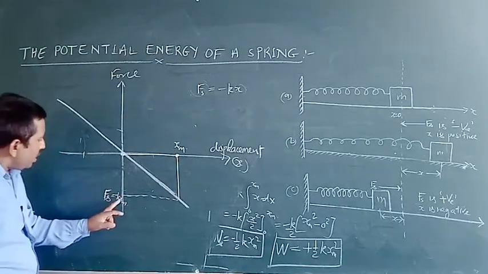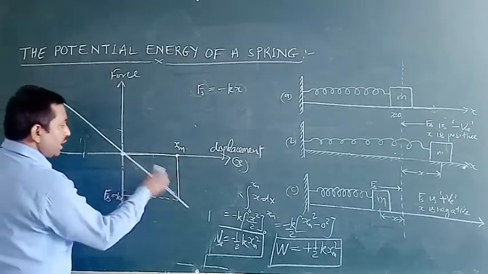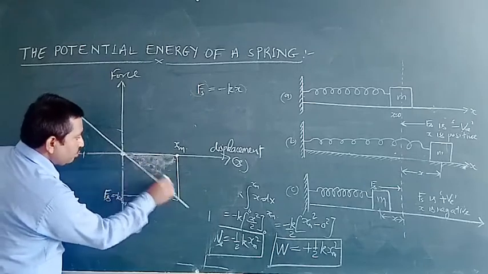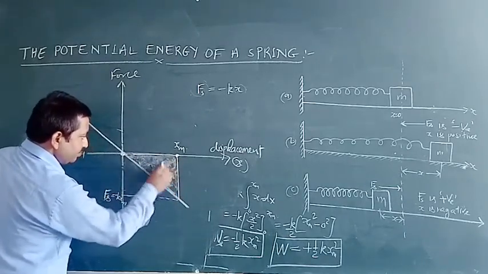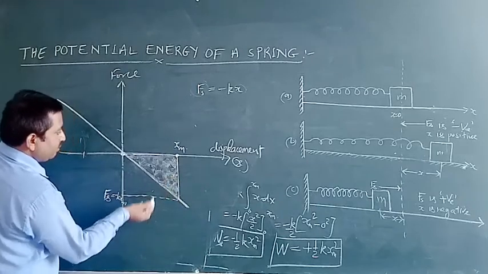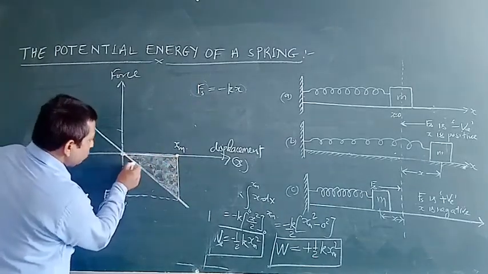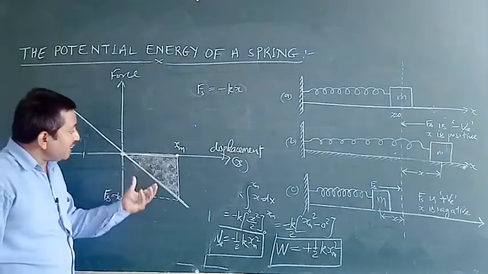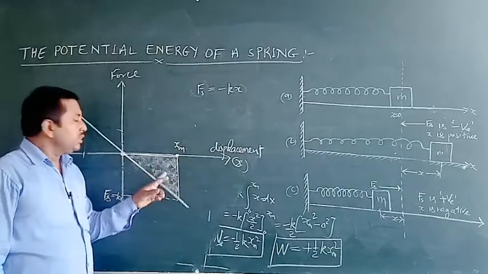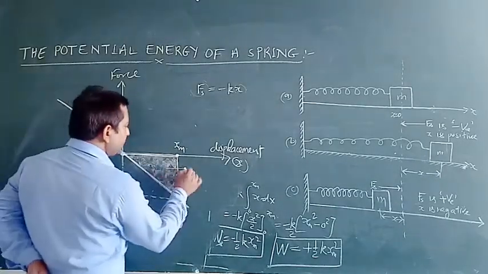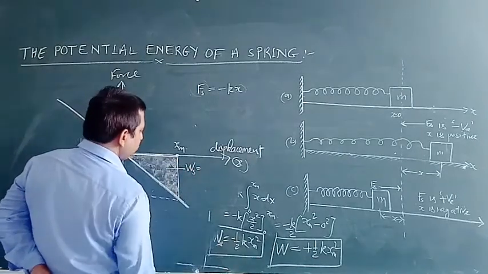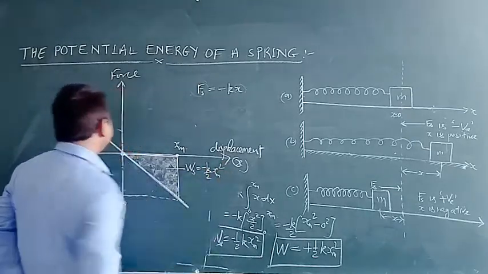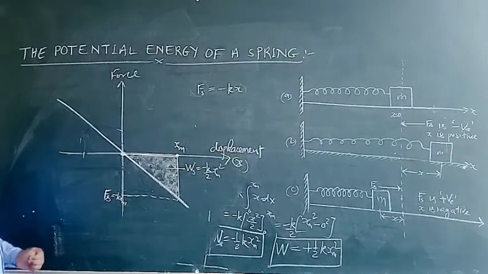Okay, so what will be the amount of the area? The amount of area provides the total amount of work done. It means this shaded region, the area between the x-axis and this force-displacement axis, provides us the magnitude of the work done. So this provides the value of the work done, that is Ws, which is equal to minus half k xm square. Okay, so this is a particular concept.